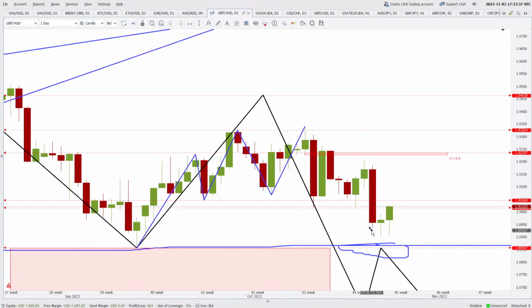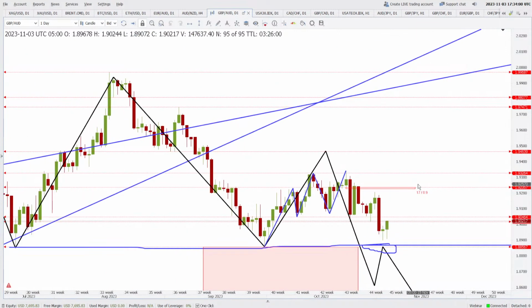Do you see this? Low, lower low and higher low. This is an indication of reversal, guys. Suppose this candle closes here like this, and this is the high, then tomorrow if the price breaks this high, then the reversal is confirmed. So let's see how things unfold tomorrow. I'm not selling this market right now.